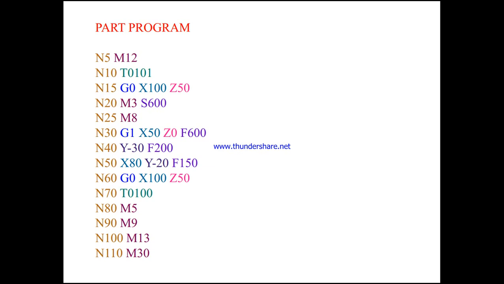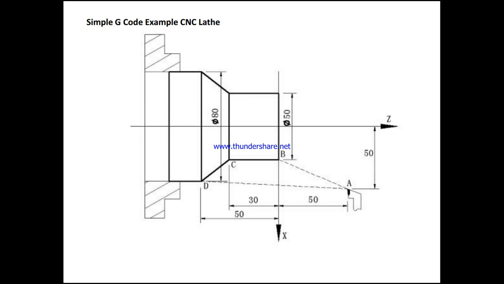to point C. So the cutting from B point to C point takes place here. That is B to C, Y is minus 30 here, so it has to move 30 mm in the Y direction. He has taken this as the Y direction, and this as the X direction. So in the Y direction it has to move 30 mm, with the feed rate